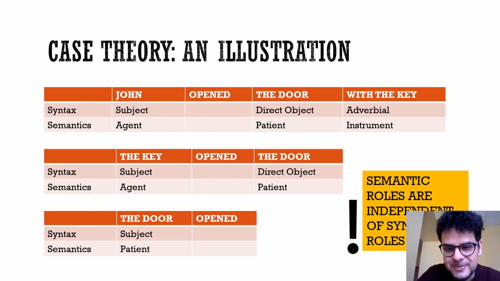So beware. Semantic roles, as I said, are independent of syntactic ones, even though, of course, there is correlation. We say that in most cases the subject corresponds to the agent, which is why I also like my mistake on the slide, because it's an automatic association, but it's not a necessary one, because there is a degree of autonomy between the two levels.